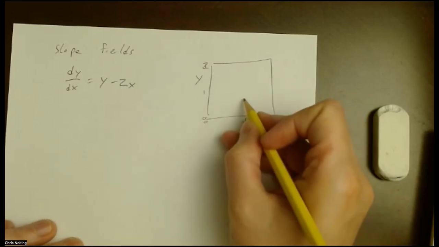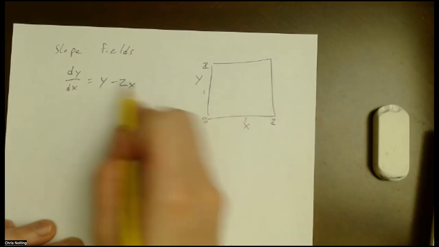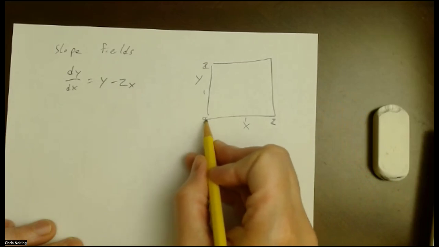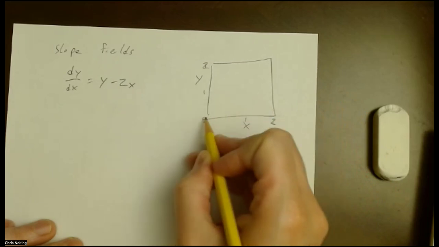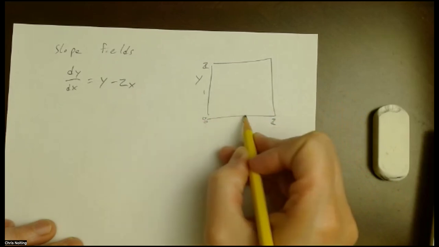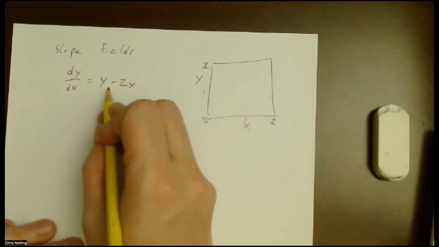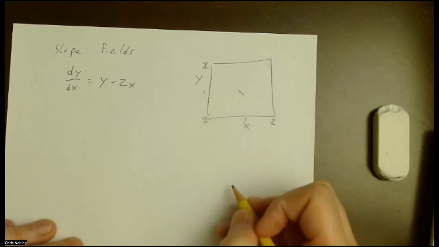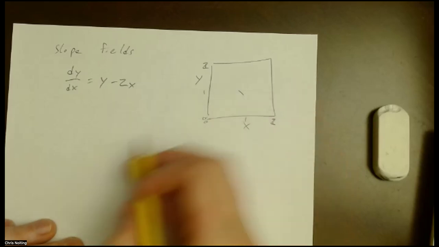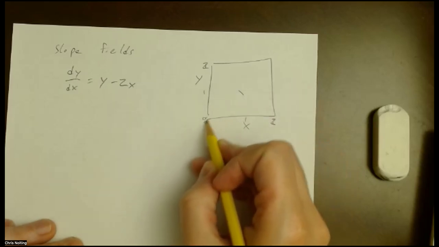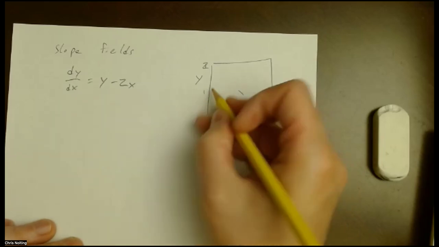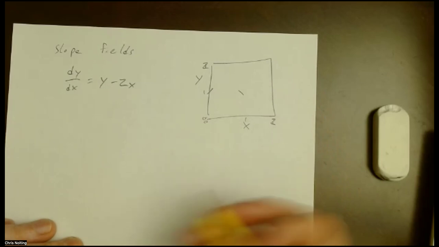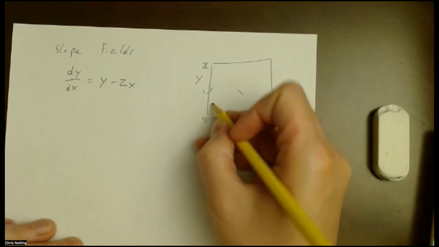We would be able to figure out anywhere in this space what the slope would be. So when x equals 1 and y equals 1, we'd get 1 minus 2, so a minus 1 slope there. And if we were at x equals 0, y equals 1, we would get a slope of positive 1,